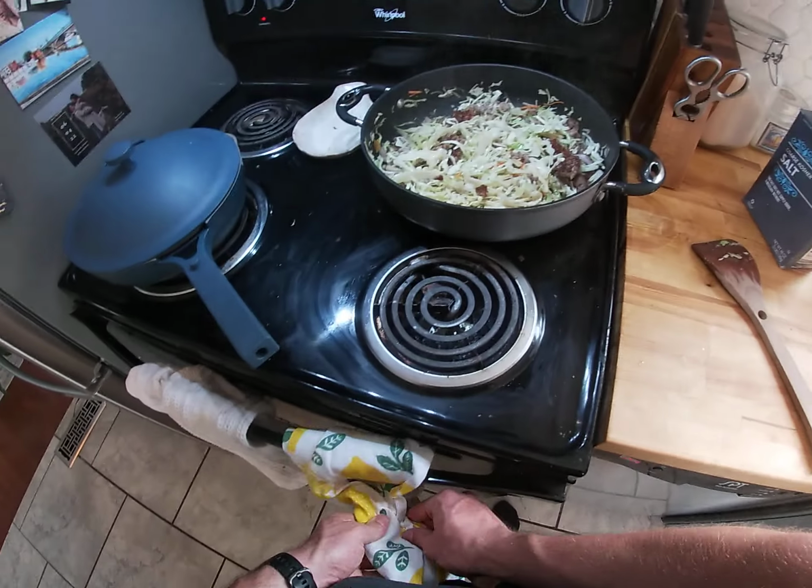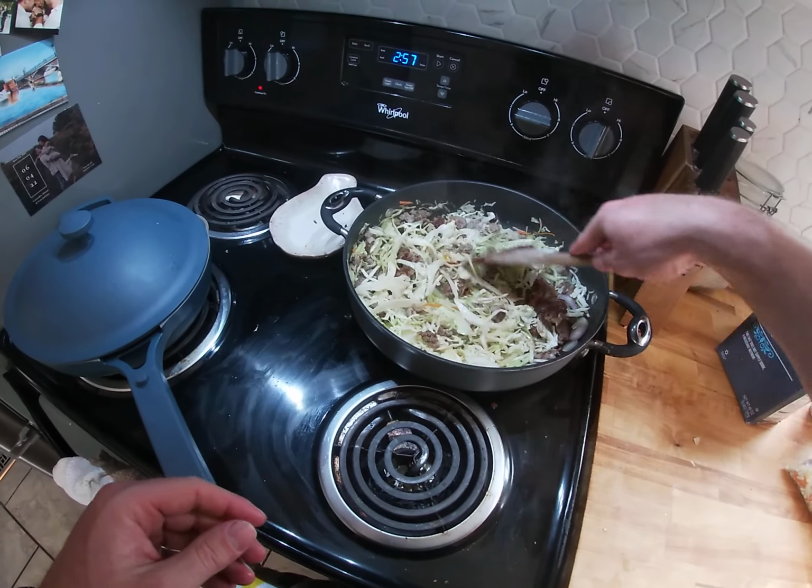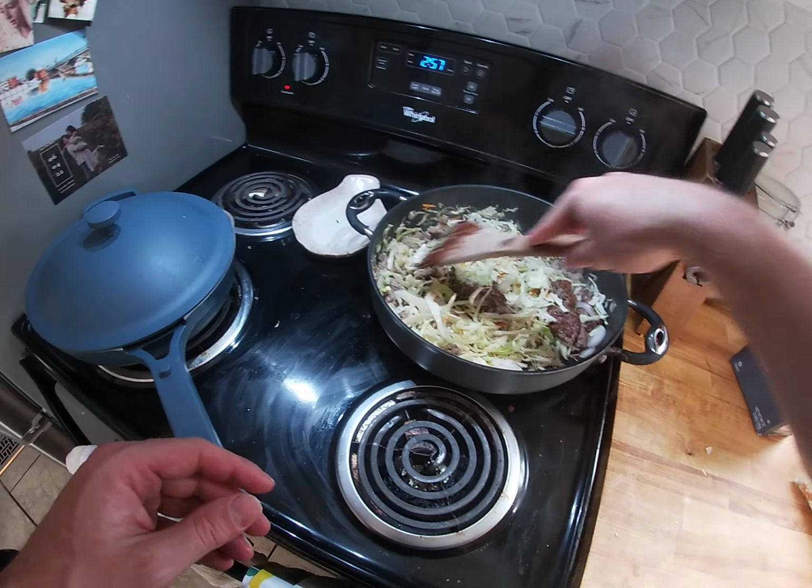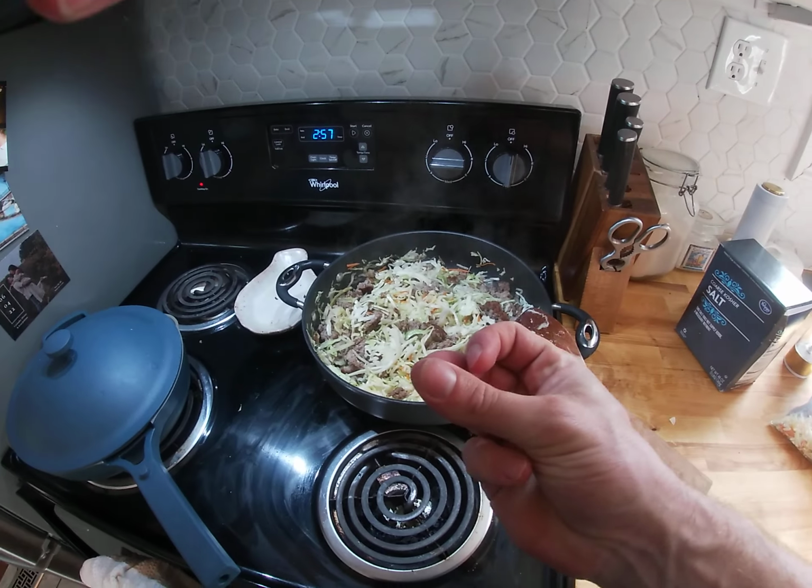Make it simple. If your meal prep isn't simple, you won't keep doing it. So it better be this simple or more. I'm gonna go ahead and